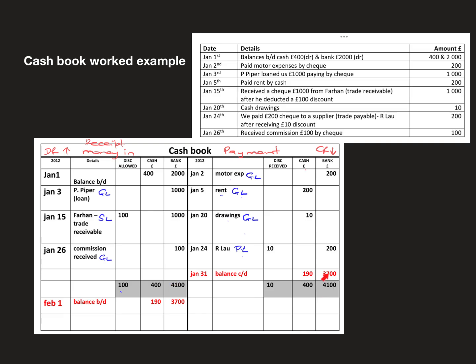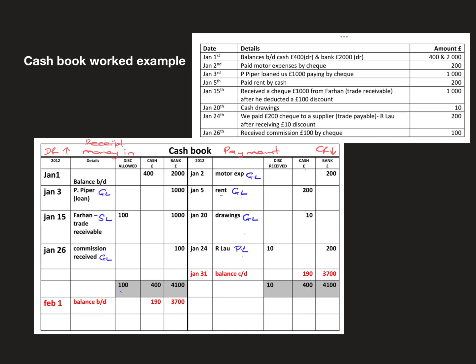I now need to transfer this 3,700 to the opposite side on the first of the month, calling it balance brought down. So what this actually means is that during the month of January, we received money in, we paid money out, and what we have left is 190 in the cash till and 3,700 in the bank. Now I must make you aware that the bank column could also have a balance brought